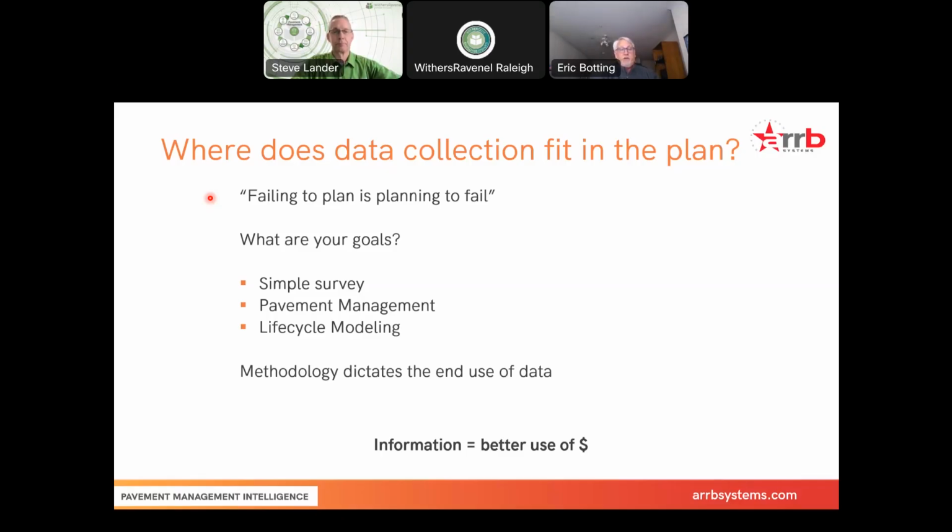If you just want to do a simple survey, so you can make a pretty map with good, fair, and poor, and you spend your budget until you run out, you do the worst first, spend your money, run out of money, you wait until your next budget comes along, then you spend all that money picking up where you left off last year until you run out of money that way. Then simple surveys are okay for you, but the next level up from that is actually doing some pavement management